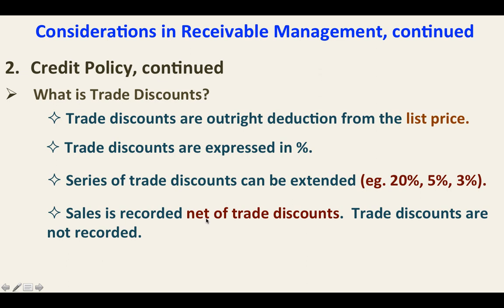Sales is recorded net of trade discounts. Trade discounts are not recorded. So dahil binibigay ito outright, okay, hindi na nire-record ito ng company, both on the side of the buyer and on the side of the seller. So sales or purchases, in the case of the buyer, hindi na nire-record yung trade discounts kasi outright deduction na